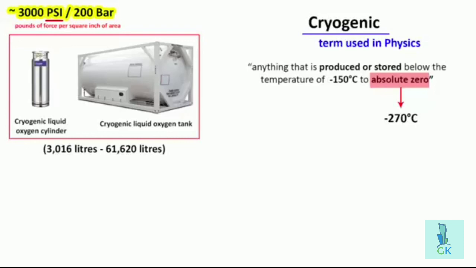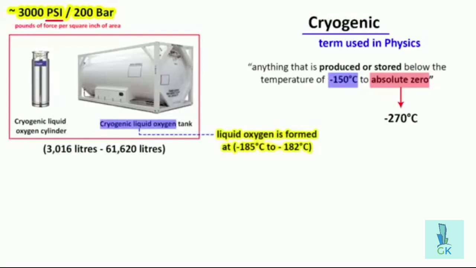Anyhow, the meaning of the word cryogenic is anything that is produced or stored below the temperature of minus 150. Since liquid oxygen is formed at minus 185 to minus 182, that is why these large oxygen tanks are named as